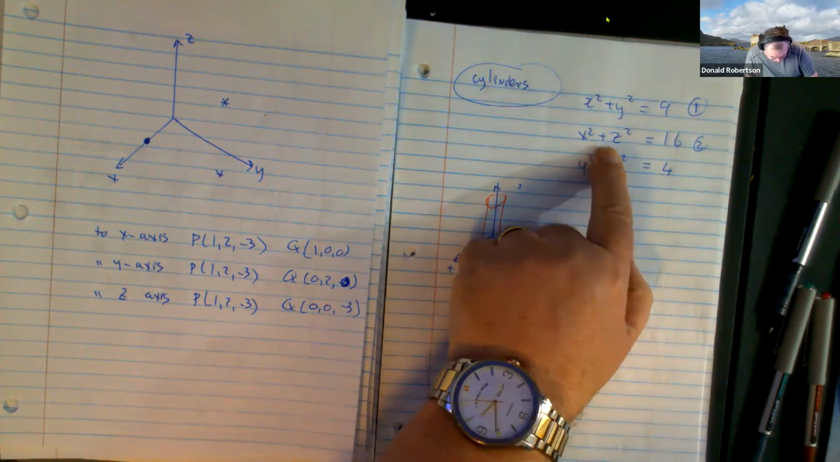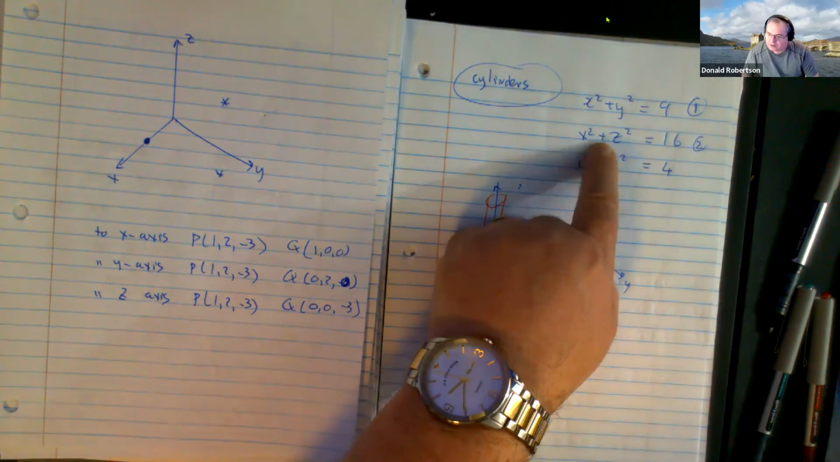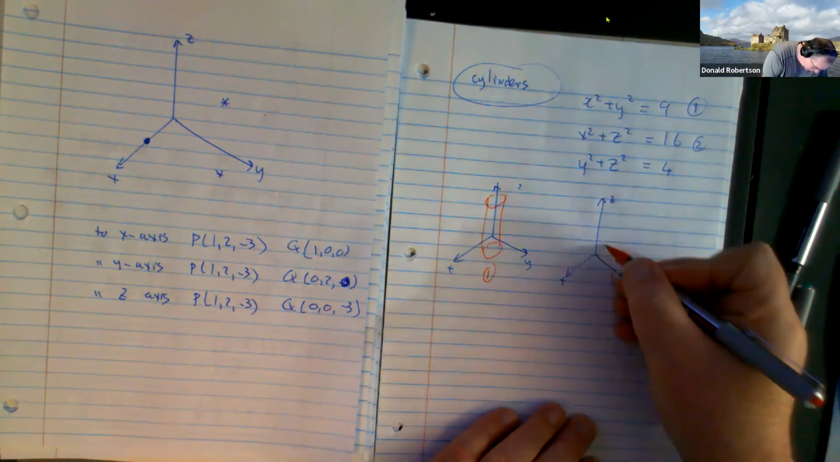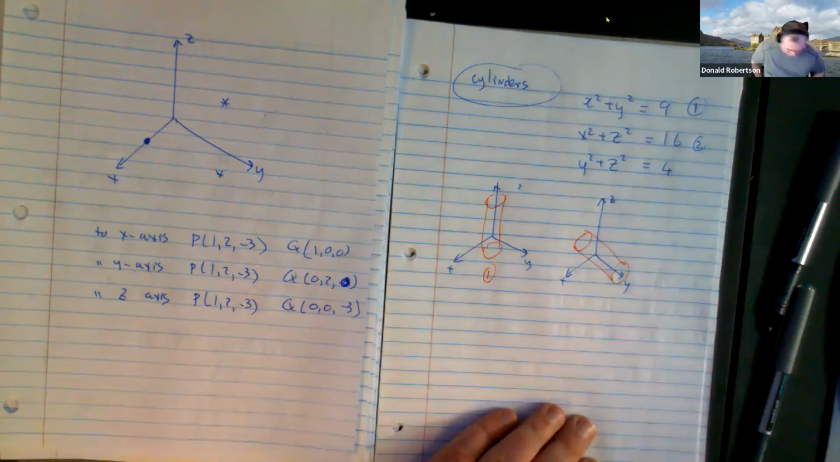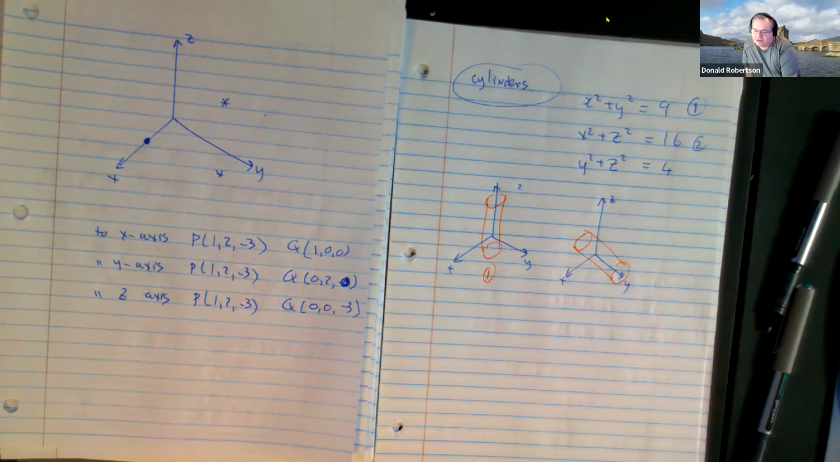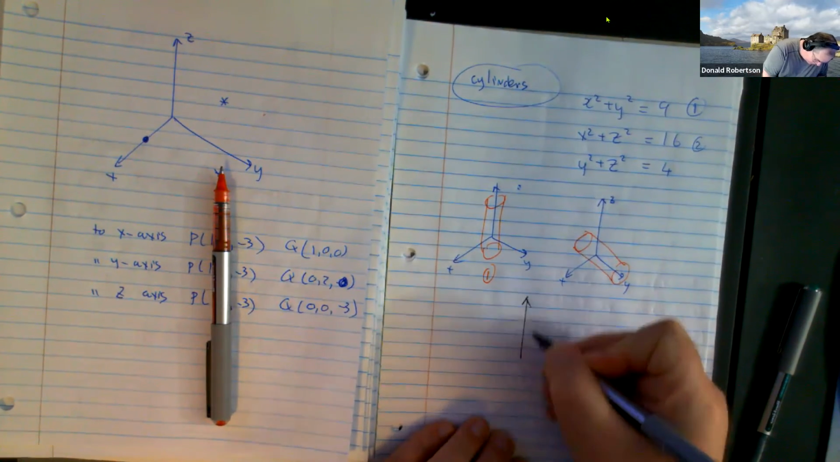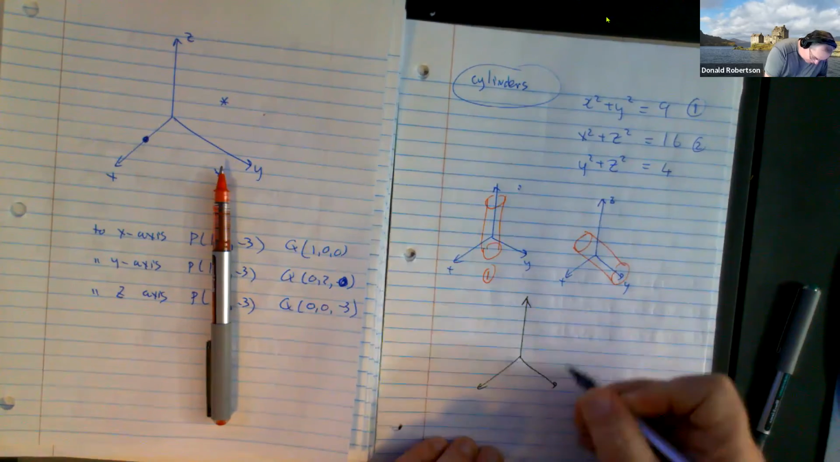The one that's missing is y, agreed? And so I know that it's going to be a cylinder, but can you see it orientated in the y-axis? Does that make sense? It's going through the y-axis. And then the last one that we've got, this one here,